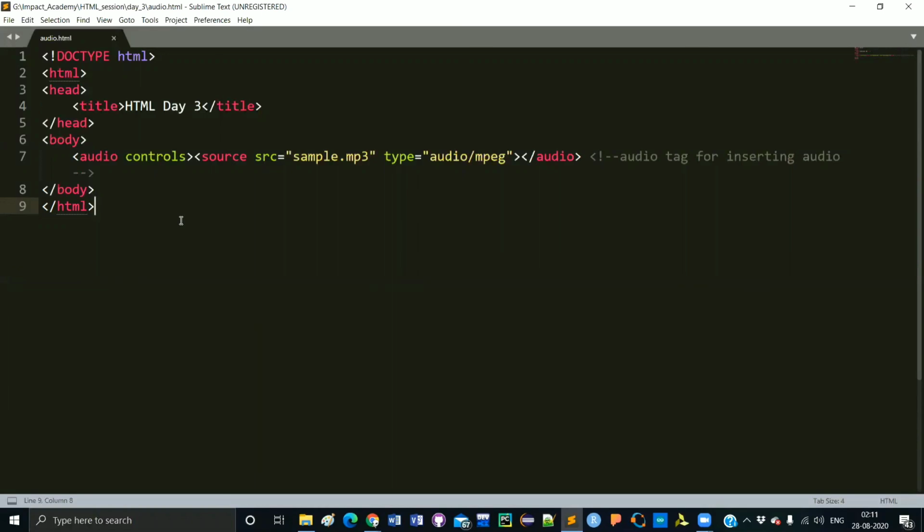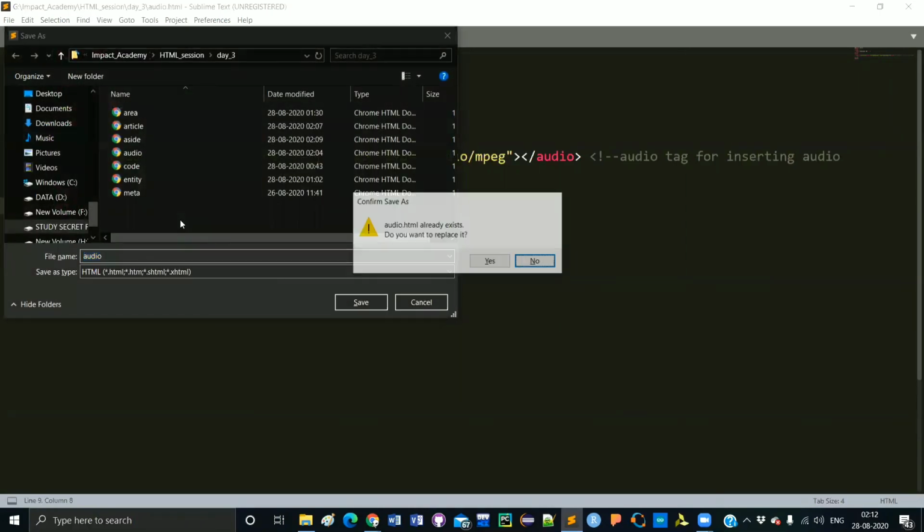So I have to set the correct type of my audio. That is all about the source tag, which is used to define the source of the audio. Now inside the audio tag you have to set the attribute controls. If you just write controls, then by default it works correctly. That is how you can insert an audio in your web page. Let's save this code and run.